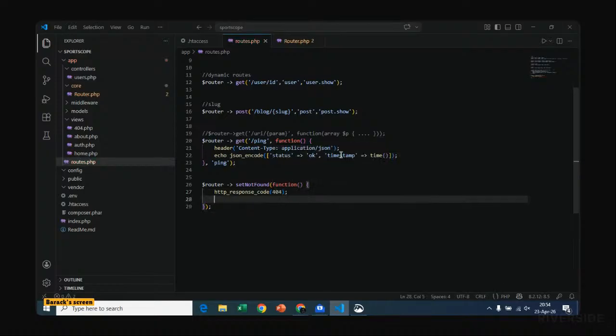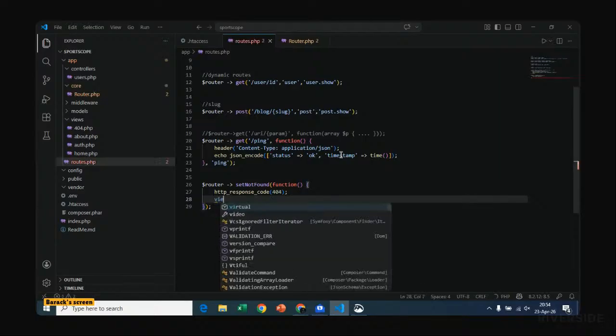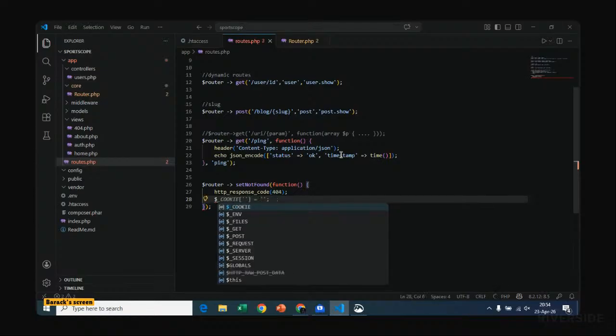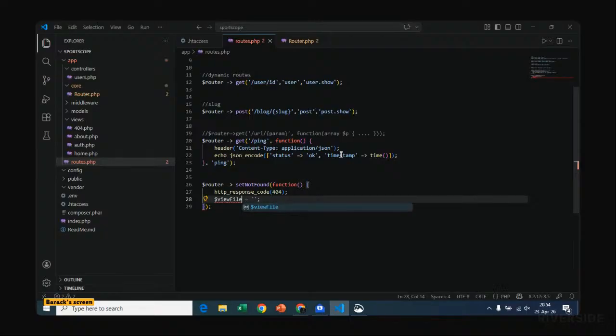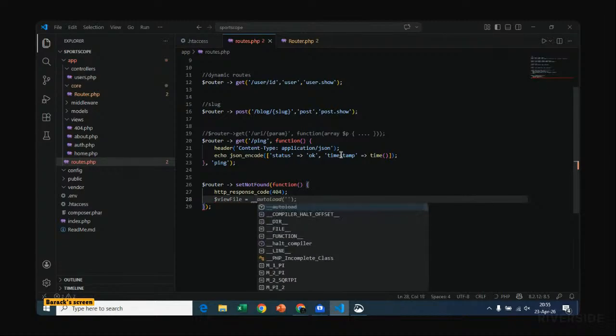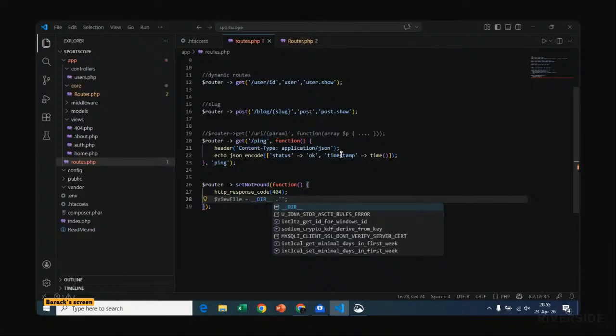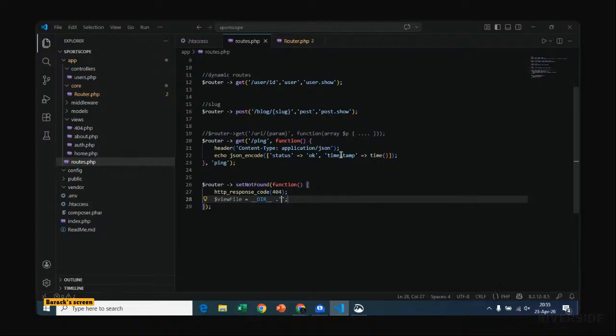Then we go on to use some of the things we used earlier. We say, it was view file, I think. View file is a directory too. So that is /views/404.php.